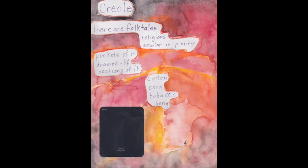And in this next piece called Creole, I really just liked these colors. Apparently, I really like orange and red. And I just really created these very washy textures and put it all over the page. And honestly, I think I was looking at an advertisement for some kind of alcohol. It might have been whiskey or rye or something. And I just loved the way the color looked in the bottle and the reflection that was coming off the bottle. So I just used all of those colors and made it into this very abstract, organic looking